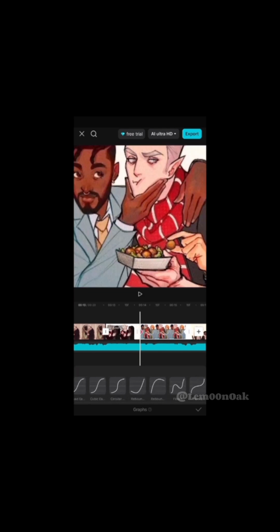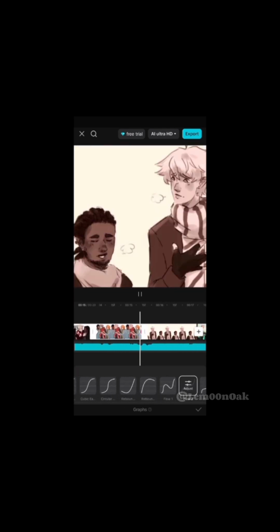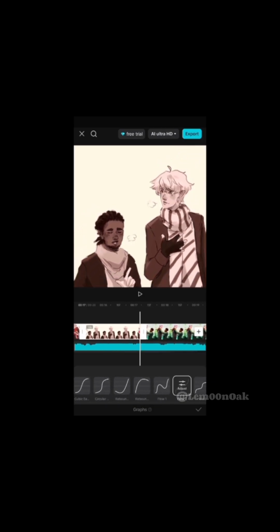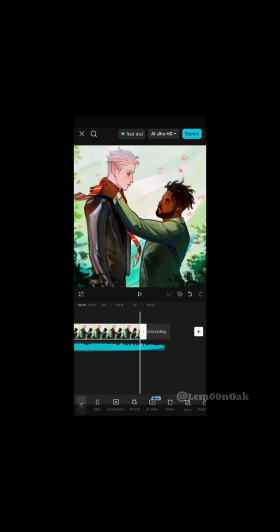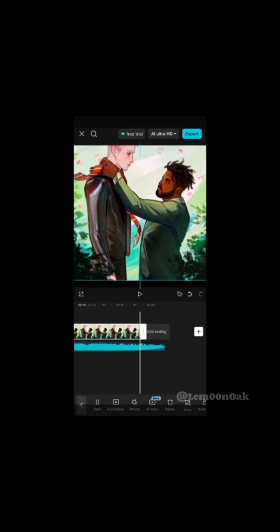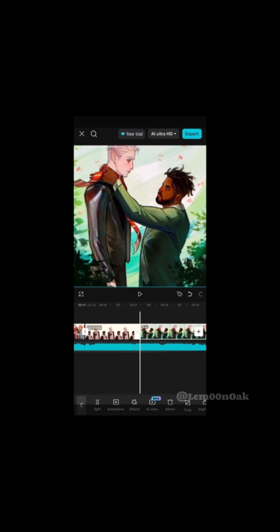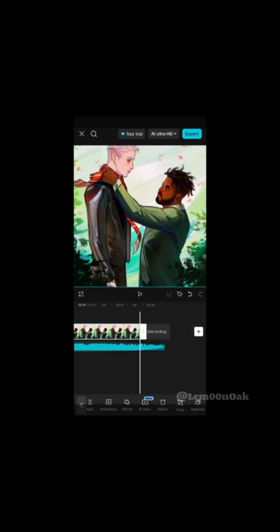I will also show you in a second how to do the animation where it looks like the picture's moving down or up or from side to side, which I will do right now, I think. This is pre-recorded. I'm just doing a voice over here. So if you want to make it look like your picture's moving down,